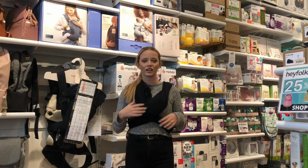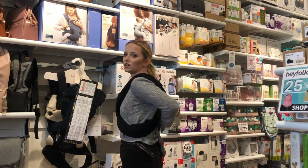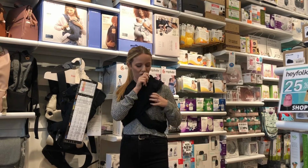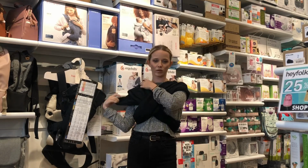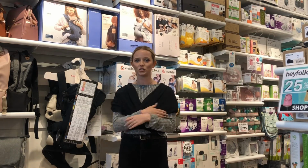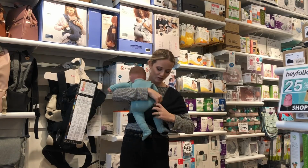Once you have your carrier in this crisscross position, you wanna make sure that it crosses over in between your shoulder blades. So it's just kind of comfy, and then you're gonna want to pull the straps over your shoulders. It just makes it a bit more comfortable to wear. It kind of feels like a t-shirt when you do that. Once your carrier is crisscross and on your shoulders, you're gonna grab your baby and you'll just put him in here. One leg through the first loop